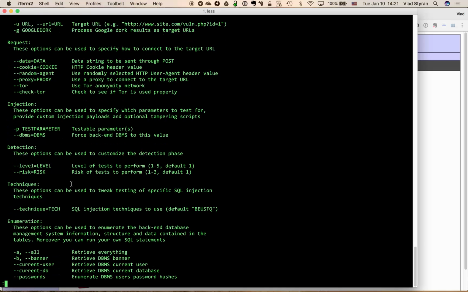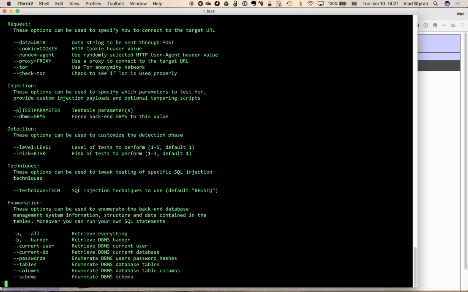Then you can specify a test parameter to use. You can either list them or not put it at all in the command line, and SQLmap will interactively ask you while it processes your task what parameters to go through,